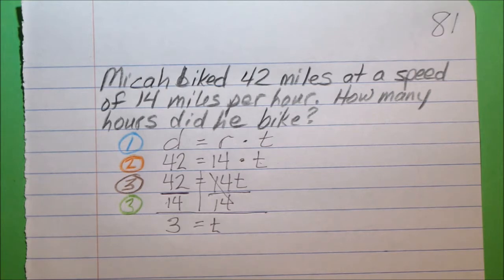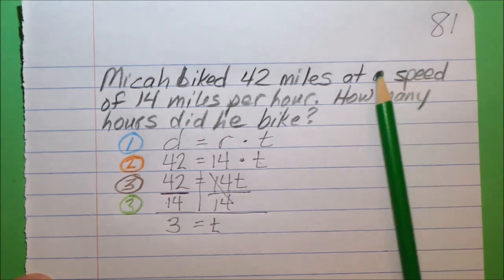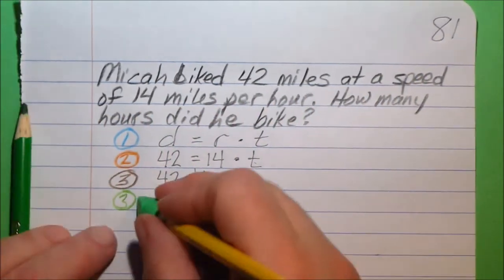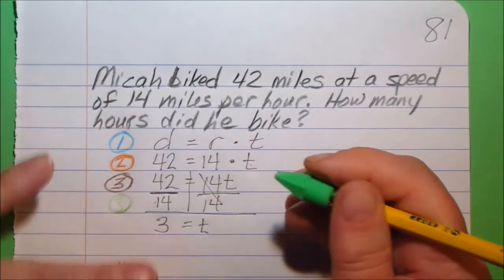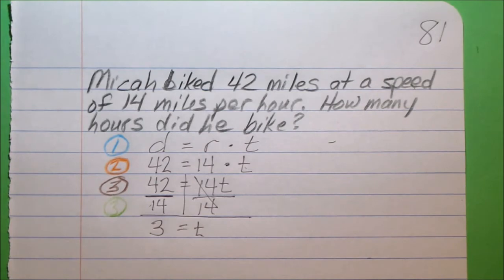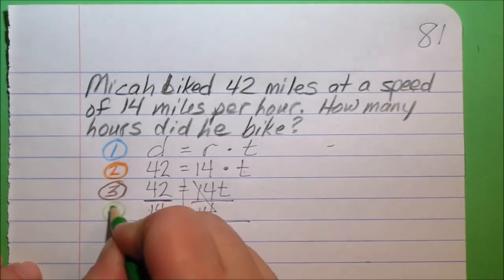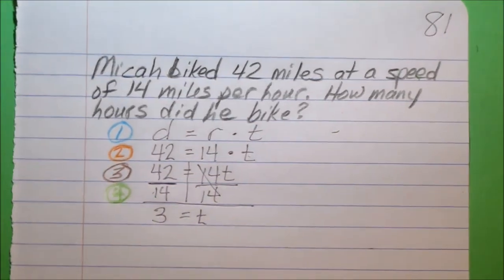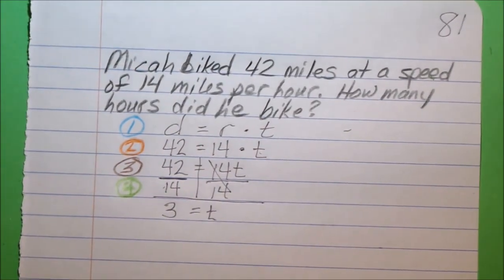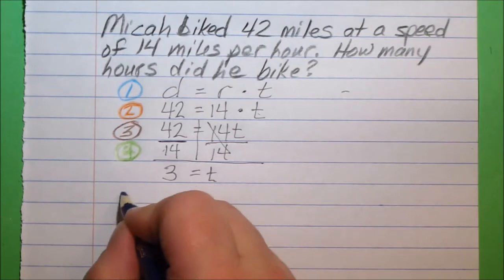Oh, I just noticed I put a 3 in that green one. Oops. Colored pencils don't erase real well either. That was step 4, do the math. There we go. Okay, so our 5th and final step is to write our answer